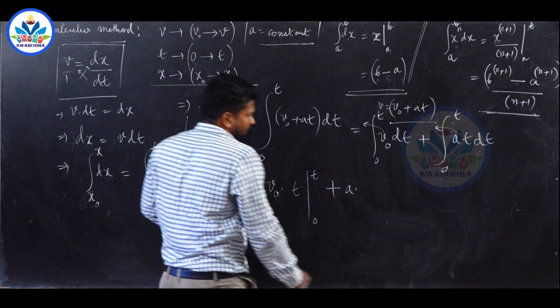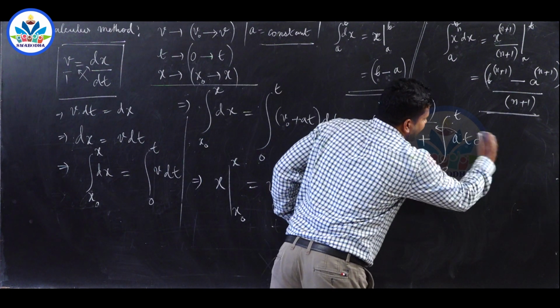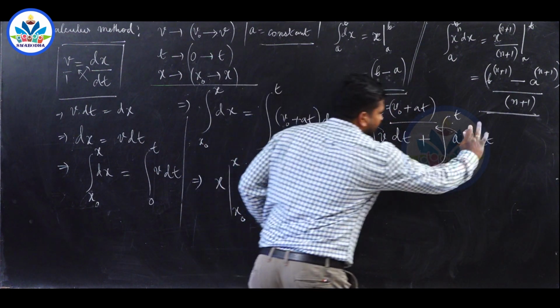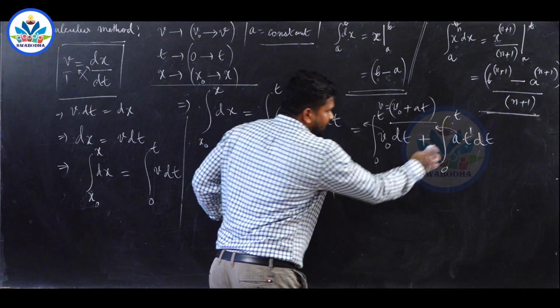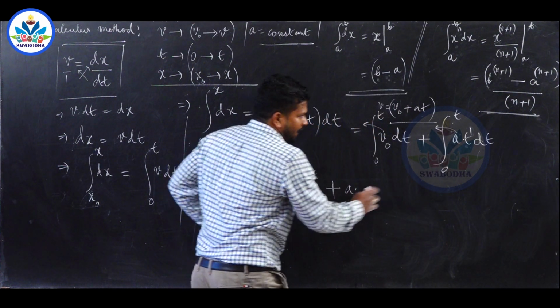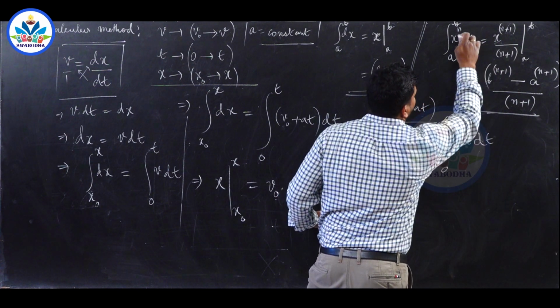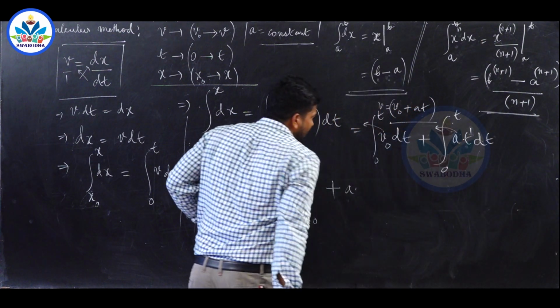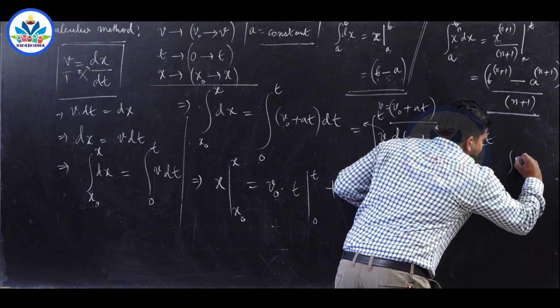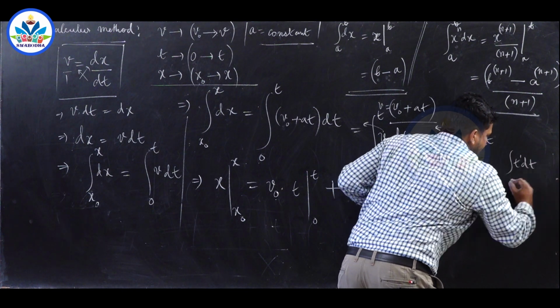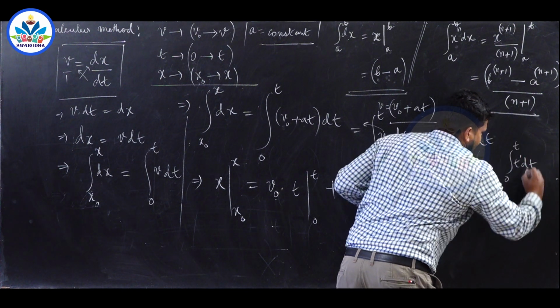Okay, so same here, integration of t dt, that is t power 1 dt. A is constant, that has been taken outside. Integration of t power 1 dt is in the form x power n dx. Integration of t power 1 dt between the limits 0 to t will be,